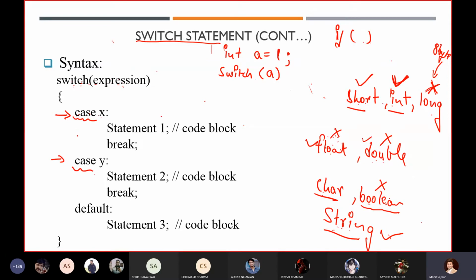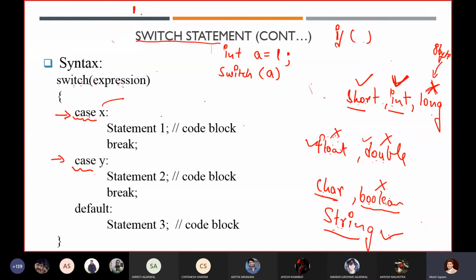For example, right now we have only 2 cases, for x. For x, I can pass literals as well as constant values. In most of the problems, you will see that we pass literal values.